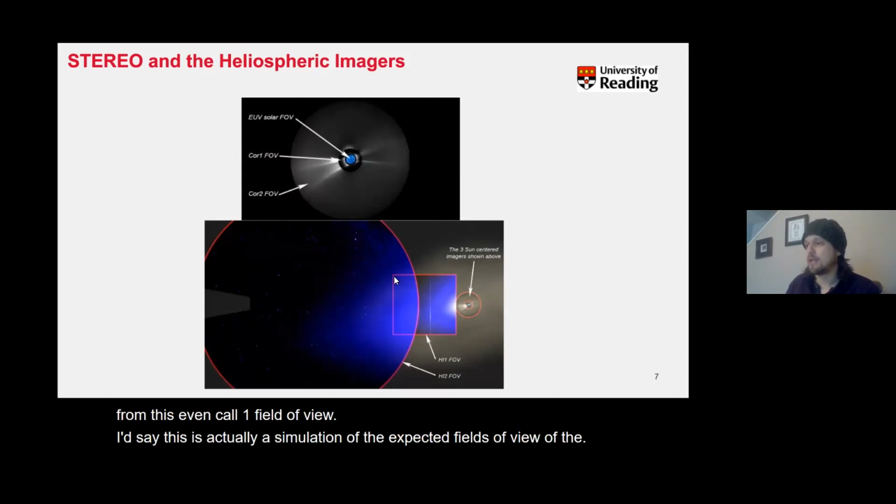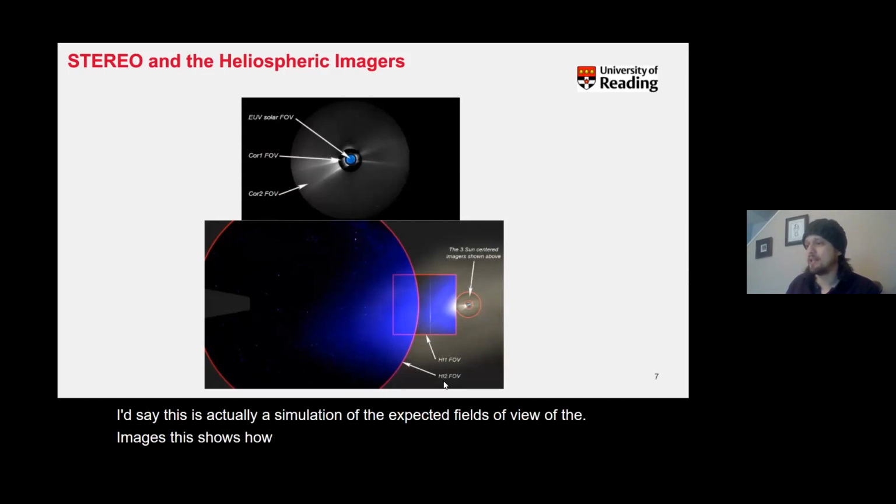And so this is actually a simulation of the expected fields of view of the images. This shows how the scale of the HI1 and HI2 fields of view compares to that very, very narrow